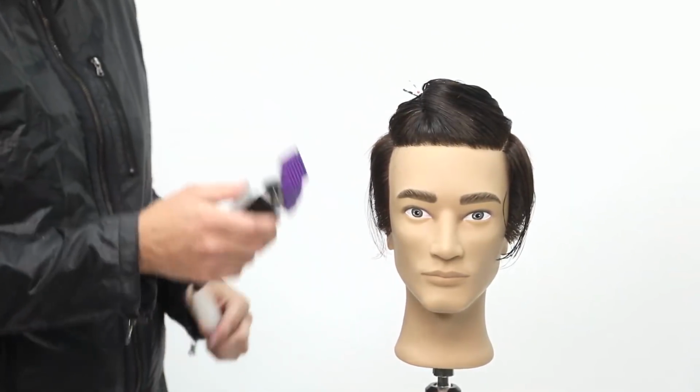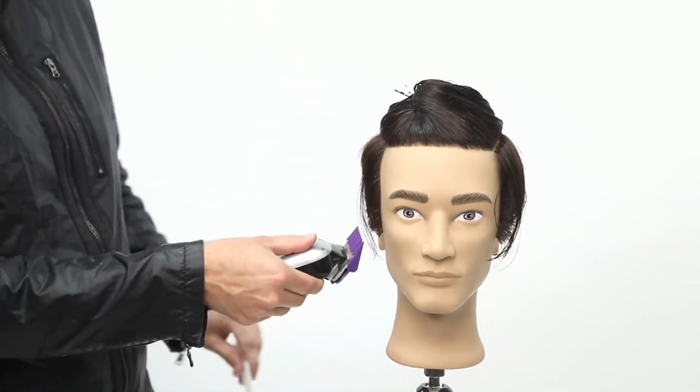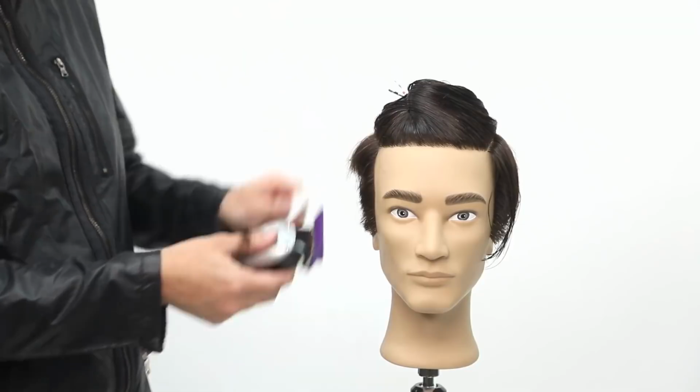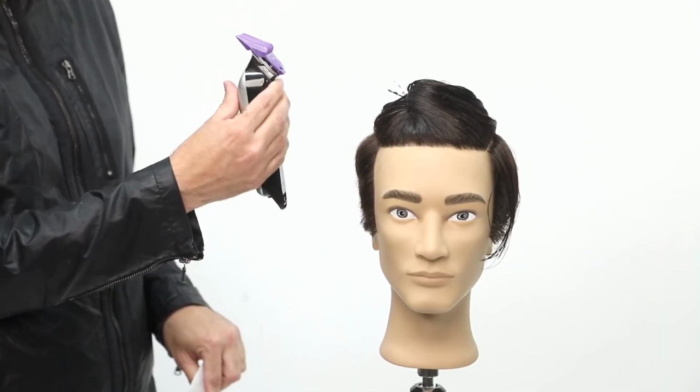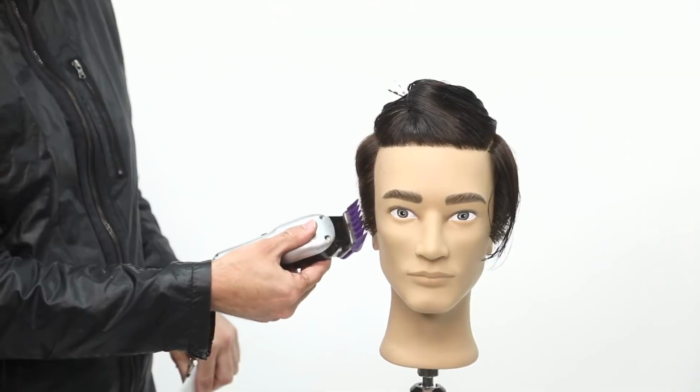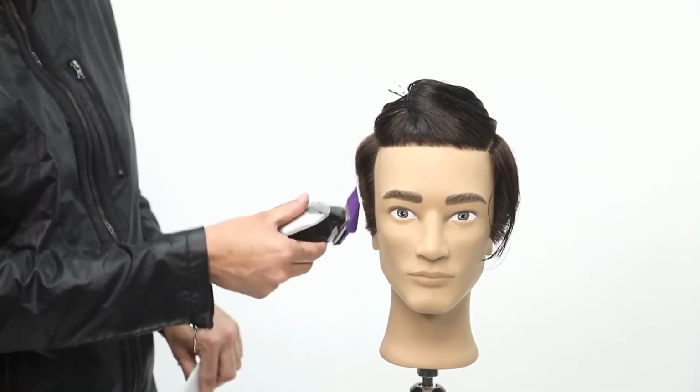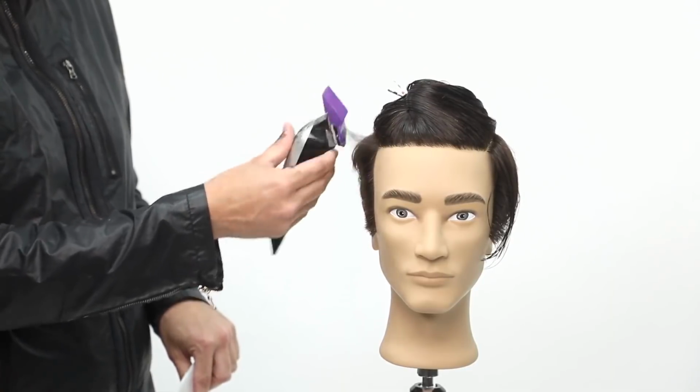So I'm going to start off. When I turn the clipper on, I'm going to work my way up in the direction that the hair grows, but then as I get to the top part, I'm just going to rock out with the clipper. So I go up the hair, passing the clipper over, and then when I get to that groove, I just want to add a little bit